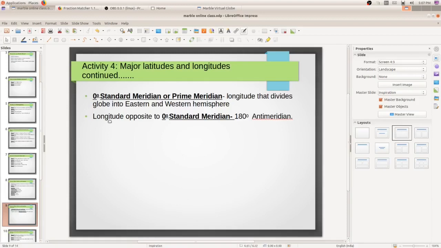Also note down this point: longitude opposite to 0 degree standard meridian is 180 degree anti-meridian. In your textbook page number 22 I have shown you one table, and I think all of you have noted down, fill out the blank spaces in that table.